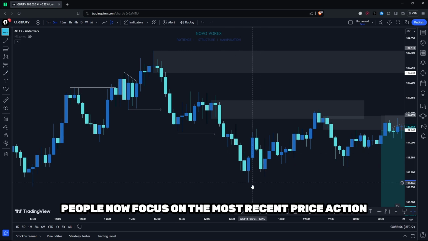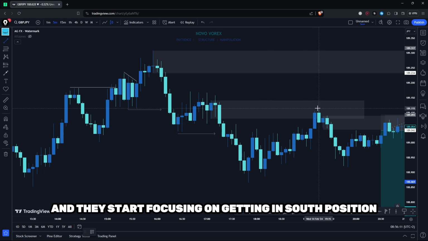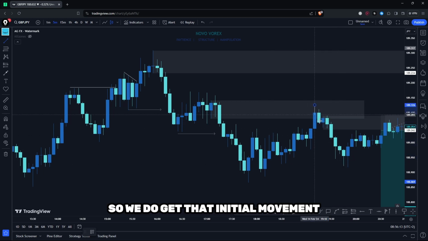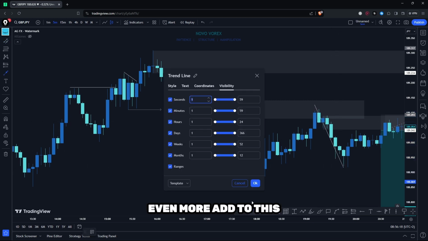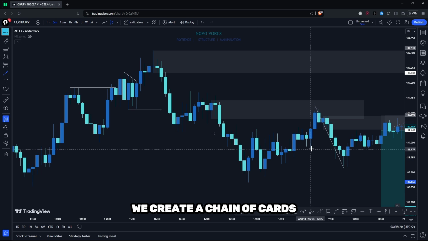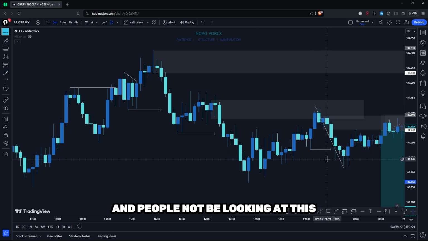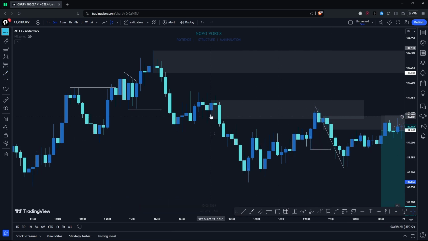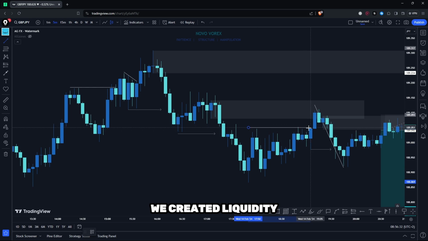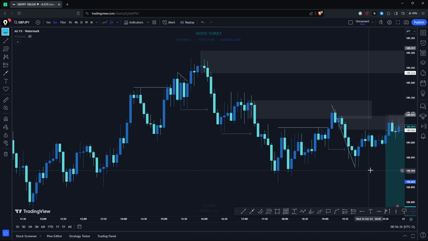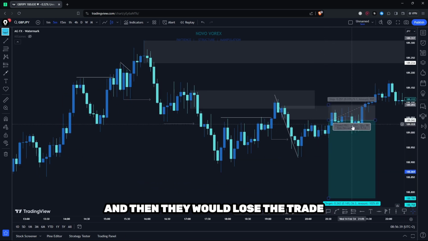So what happens? People now focus on the most recent price action, and they start focusing on getting in sell positions right over here. So we do get that initial movement. So now people are interested in selling even further. To add even more to this, we create a change of character, and people will now be looking at this. So they see this as, okay, price is bearish. We have now created that breaker structure. More so, even before this, we created liquidity, swept out that liquidity. Now we have that model, and that's where they will enter their sells, and then they would lose the